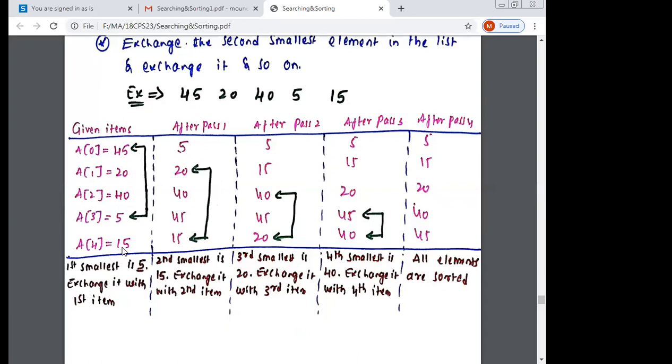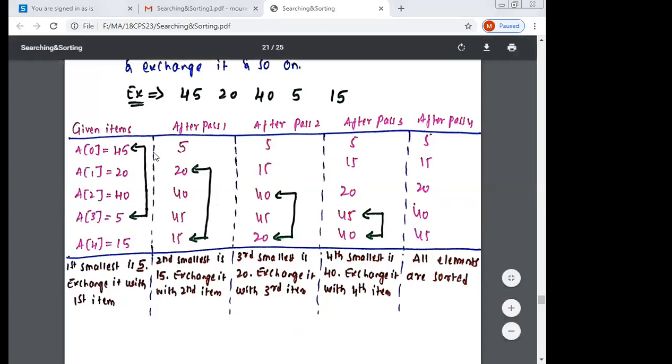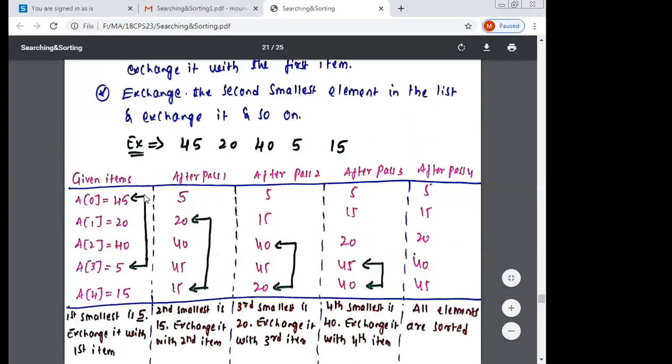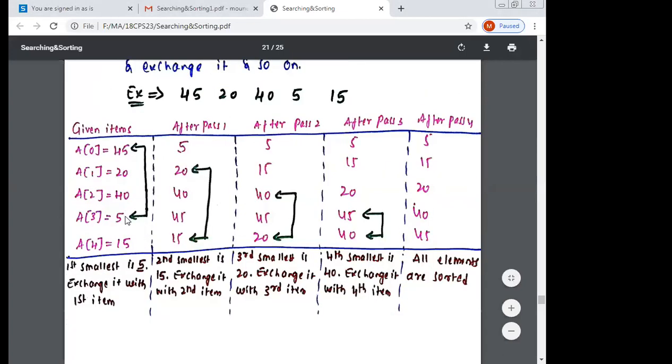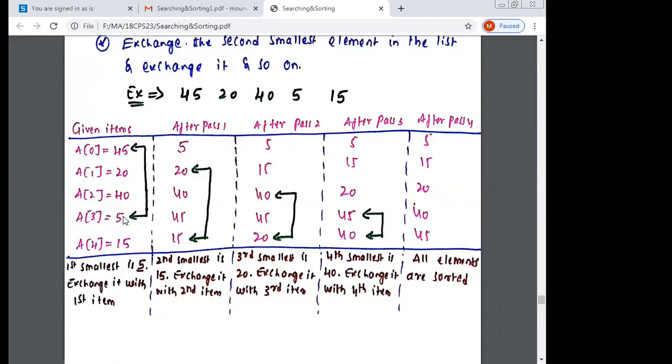What is the logic here? First you have to check the smallest element in the array. In the first iteration, 5 is the smallest element, so that 5 you need to exchange with the first element.